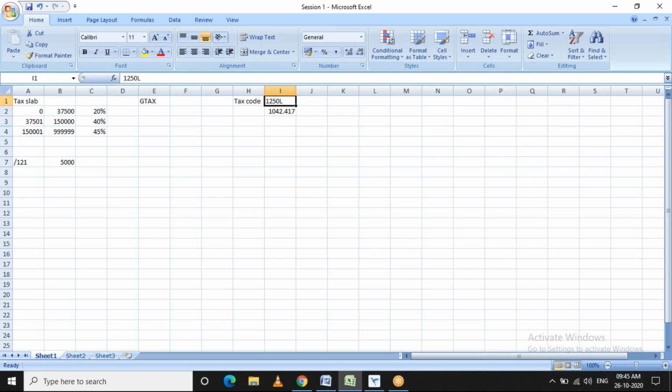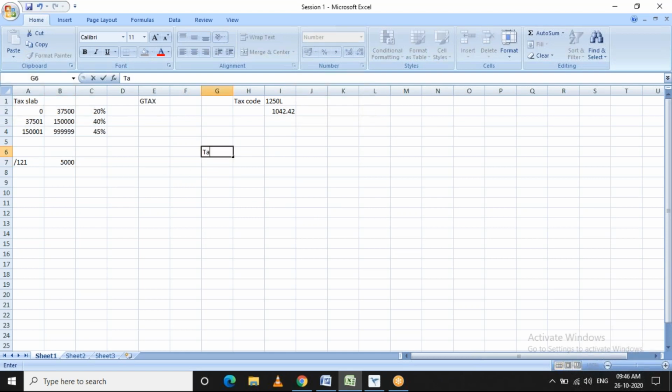Here it is 1250L, so the function converts the value into 12,509 and divides it by the number of pay frequencies based on the payroll area we configured. The amount we arrive at as the monthly contribution will be reduced from the taxable earnings.